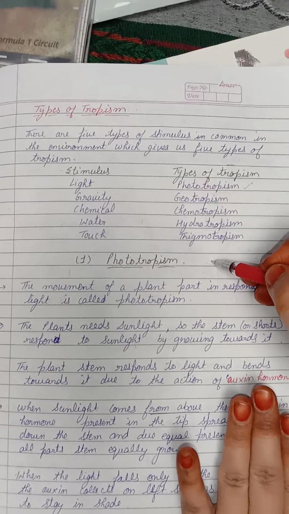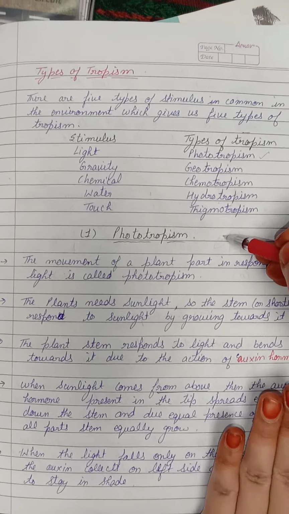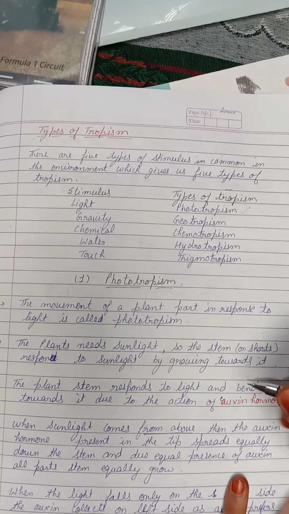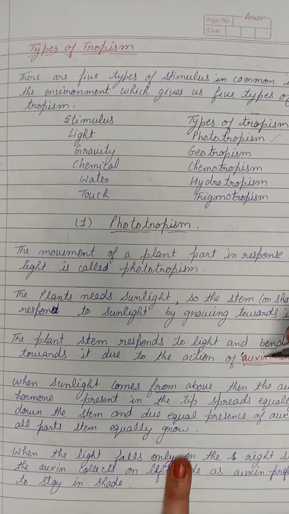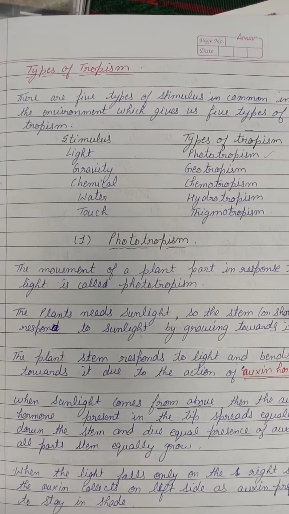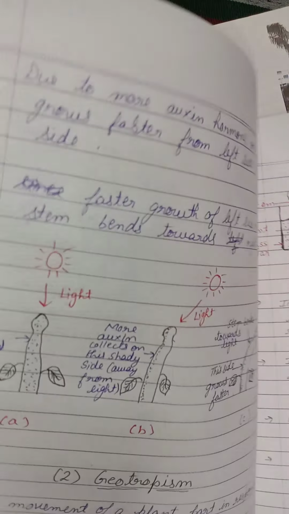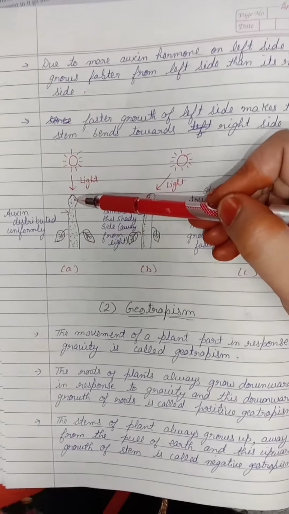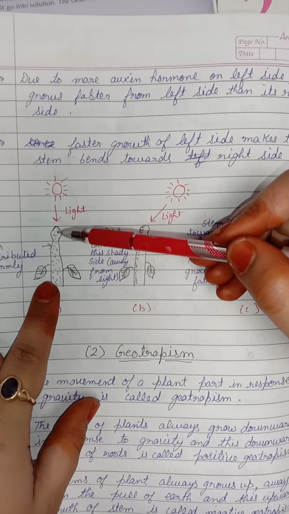Now for the movement of the plants, light is needed, and the plant responds to this light with the help of the hormone called auxin. It means if the plant is showing response towards the light, it is very necessary that there should be the presence of auxin hormones. Understood? Let me clear you with the diagram. Here it is shown. I told you that auxin is present at the tip of the roots and the shoots.